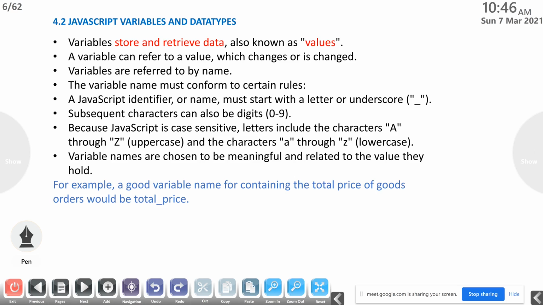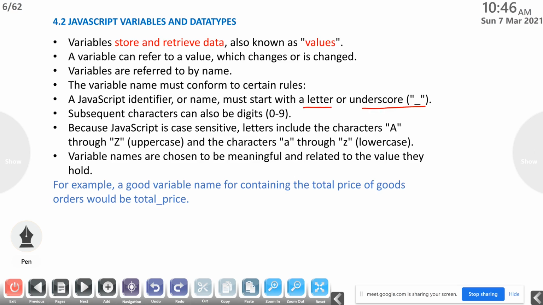Then the variable name must conform to certain rules. While we are creating variables, all of you are familiar with the C programming language naming conventions. The same way here also we can use that. A JavaScript identifier or name must start with a letter or underscore.